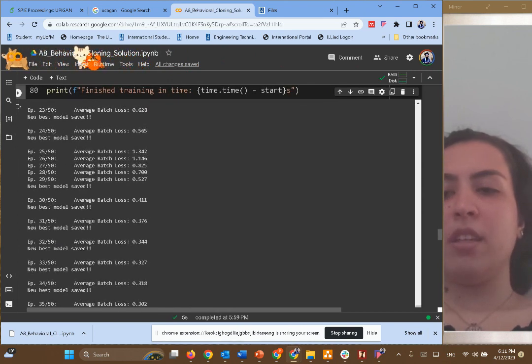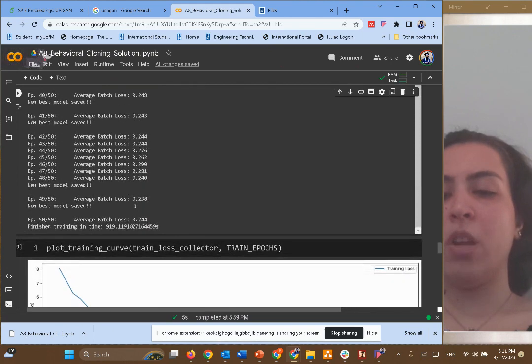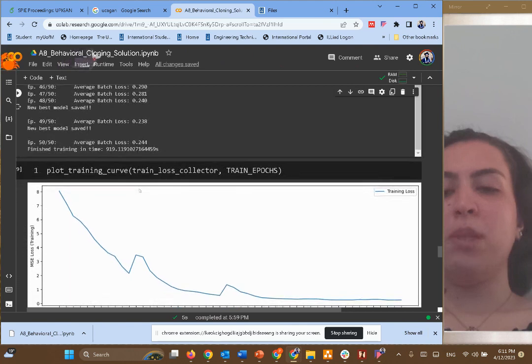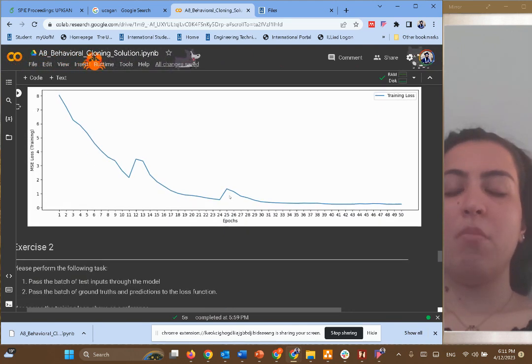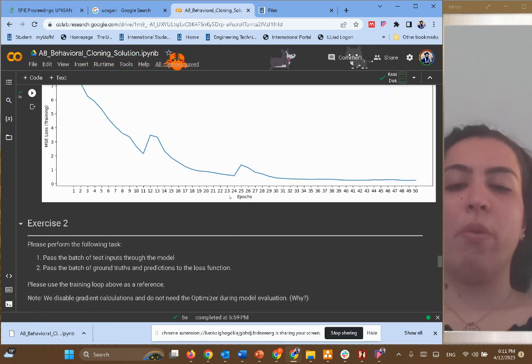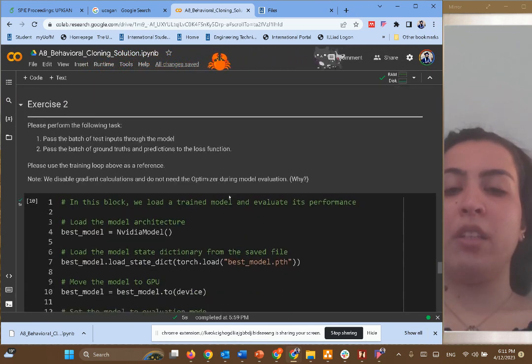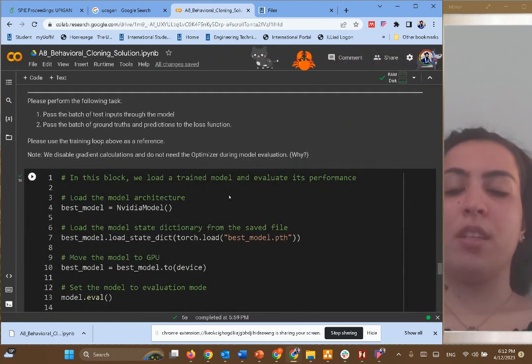Here we can see what epoch we are in and what the average batch loss is for each of them. And then we expect it to start to decrease and get lower and lower. As we can see here, we also plot it to better visualize it, and it is getting lower, meaning that it's doing a good job on the training set, but we need to also apply it on the testing set to see how it performs